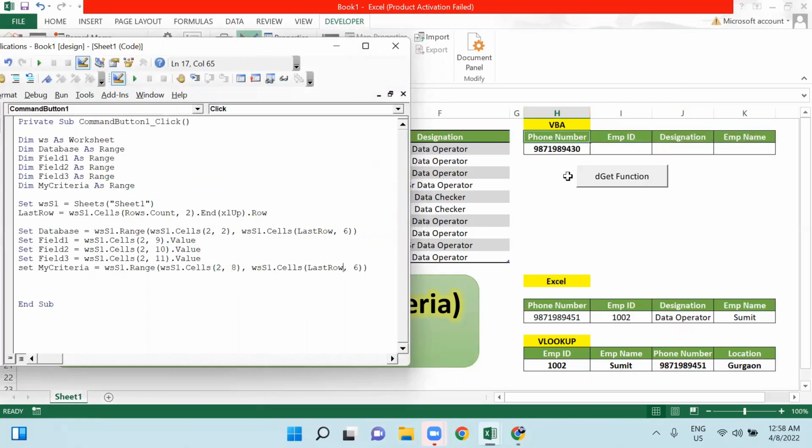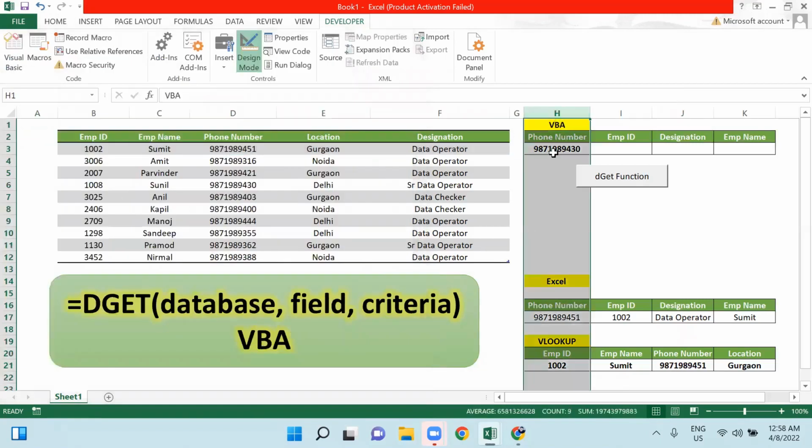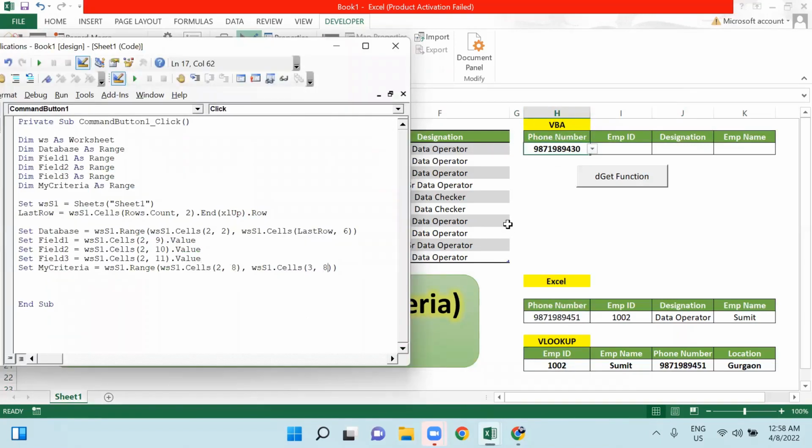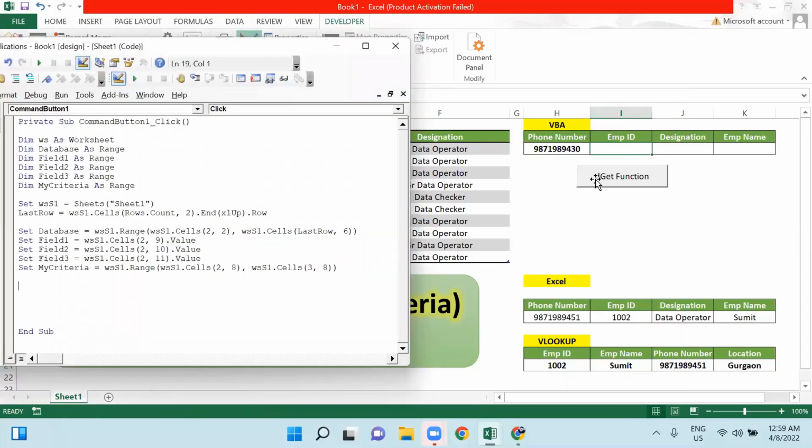So let it be as it is. Now we will come here. I will make it 3 and then it is 8 because this is on 3rd row, and column number is same, 8th column. So this is my criteria, guys. Now let's start putting in the formula. So I want my result here on I column and third row. So what I will do is I will copy this code from here to here and I will say